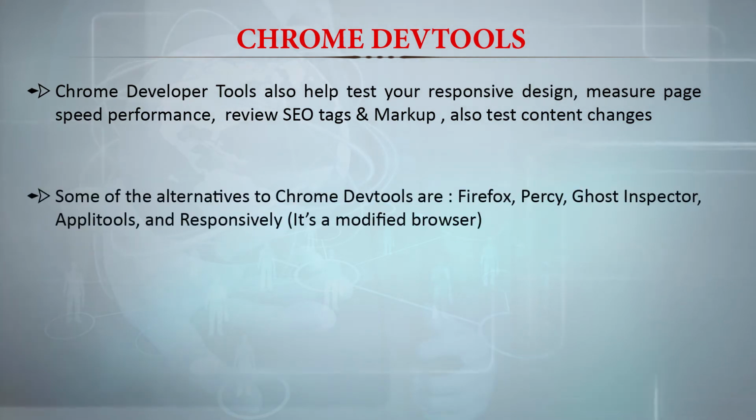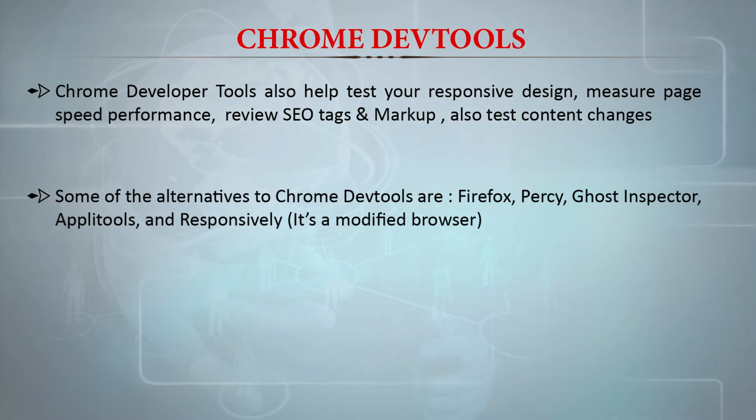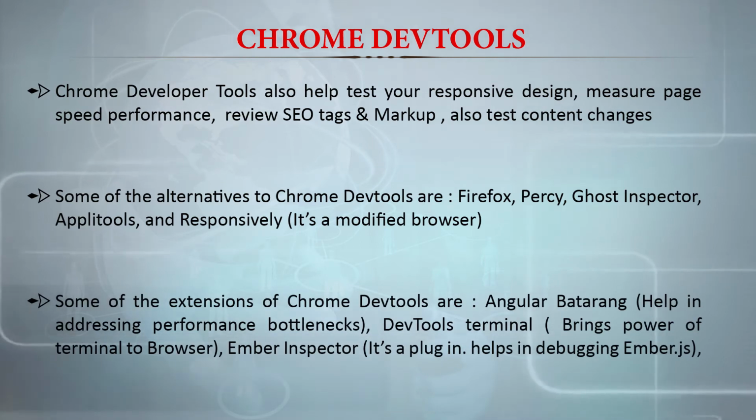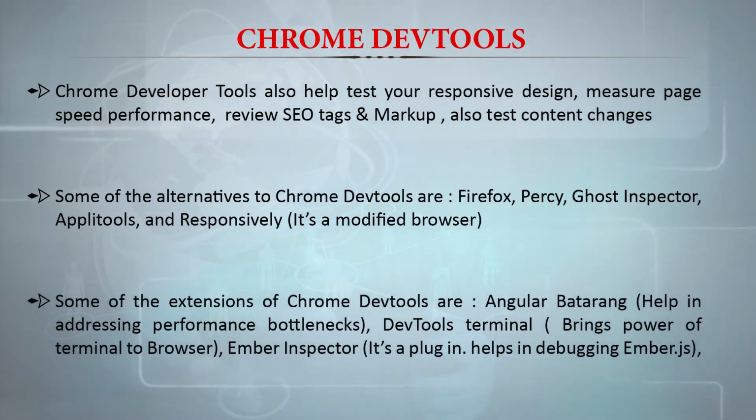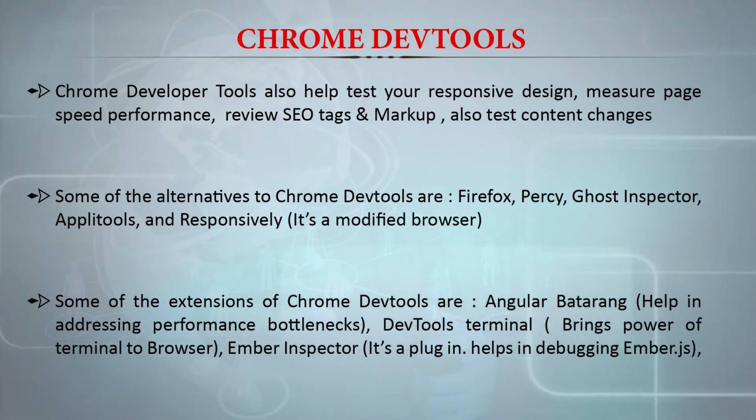Some of the alternatives to Chrome Developer Tools are Firefox, Percy, Ghost Inspector, Applitools, and Responsively. Responsively is a modified browser. Some of the extensions of Chrome Developer Tools are Angular Batarang. It helps in addressing performance bottlenecks. Developer Tools Terminal brings the power of the terminal to the browser. Ember Inspector is a plugin that helps in debugging